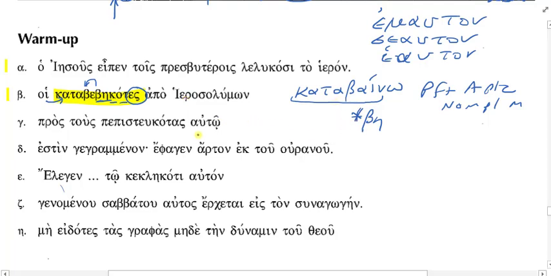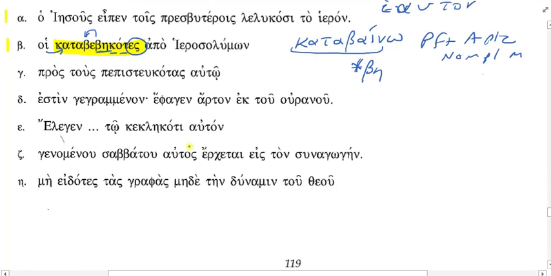Okay, good. Let's look at zeta because this one's important for what else you learned in the chapter, which was genitive absolute participle constructions. I am going to highlight these two words here because they hang together, and look at the omicron, upsilon ending on both of these. What case is this? Yes, this is genitive, singular, and